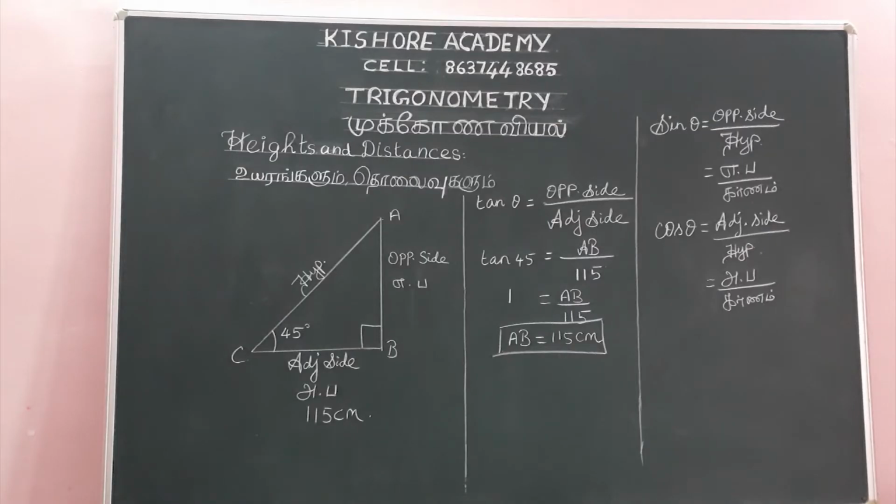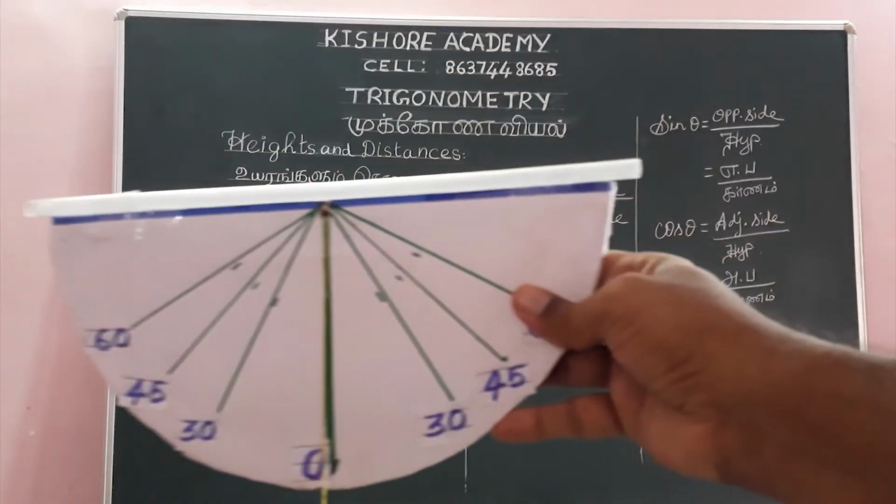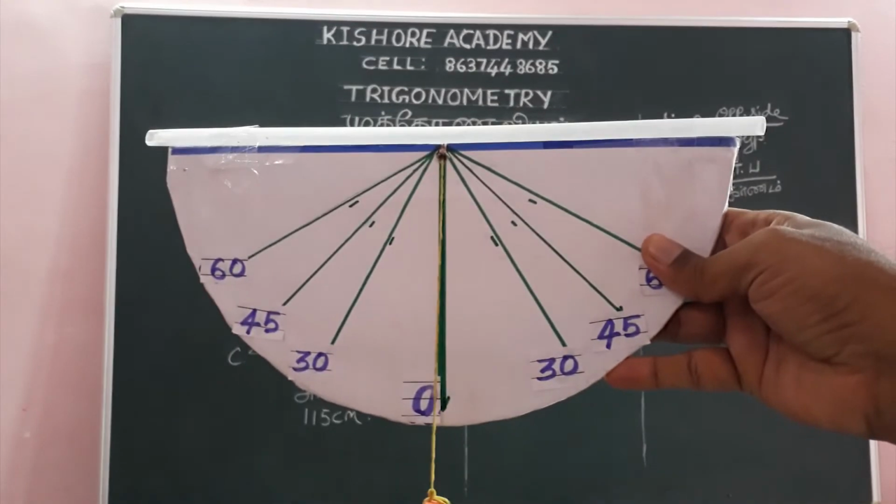The second thing is the angle at which you see the object above the horizontal line. It means the angle of elevation. We can also easily measure the angle of elevation by using an instrument which is named clinometer. We can easily make a clinometer in our home. I am going to say the tips on how to make the clinometer at home. See the picture. So listen clearly.